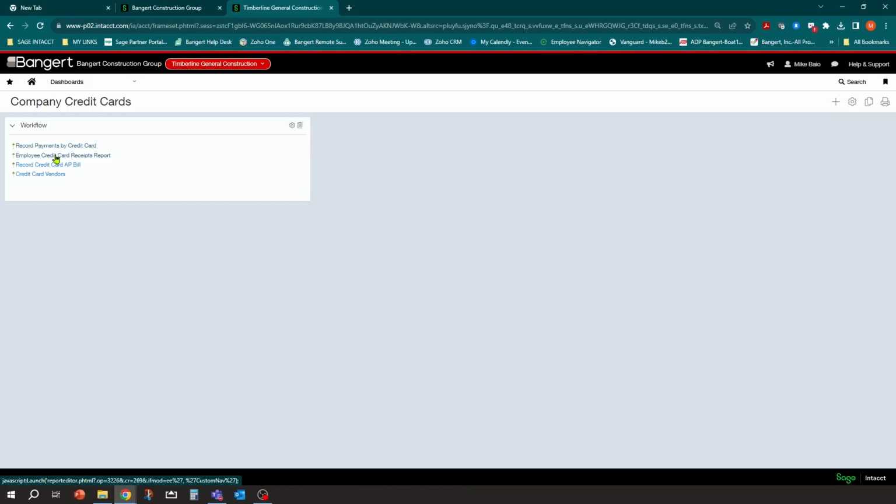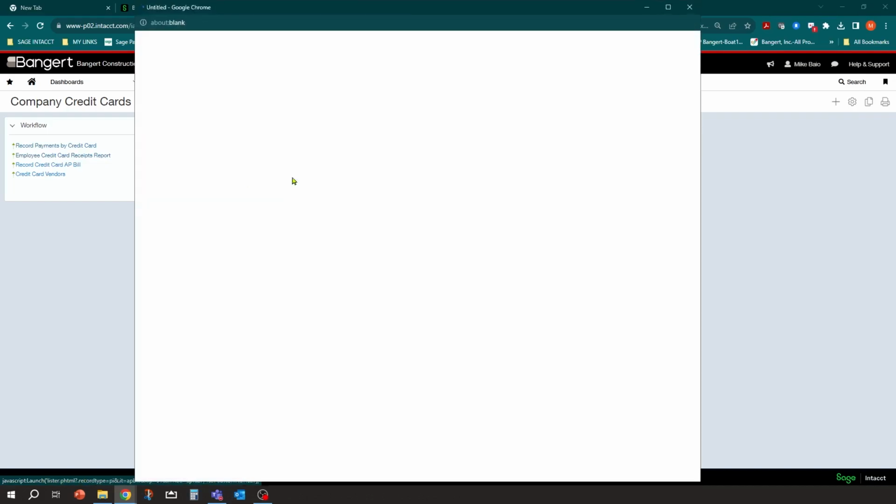Then from there, I did create a report to track those charges that are in the system already. So when you do get the statement in, you can come in and take a look at those, what's out there, and compare. So let's go ahead and let's take a look at that report. So it's called Employee Credit Card Receipts. This is not out of the box. So you're going to work with us and making sure that you have a report, or you create a report that's going to work for you in your process and your reconciliation. But I'm going to click on that report. And in this report, I've created some prompts and some filters that I can use to help get the information out that I need.